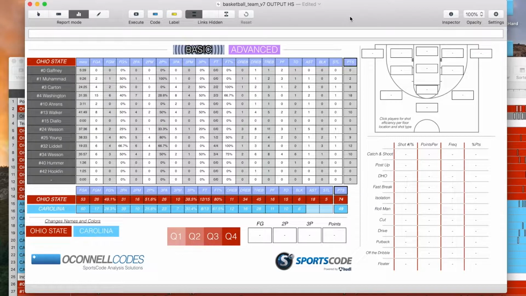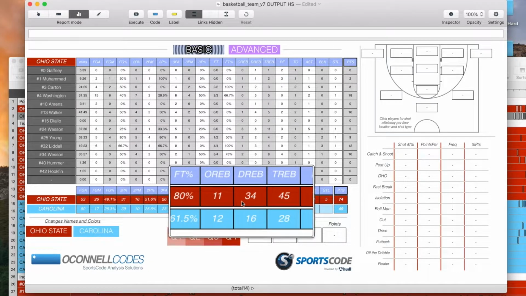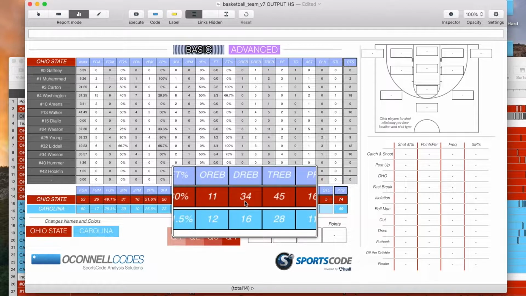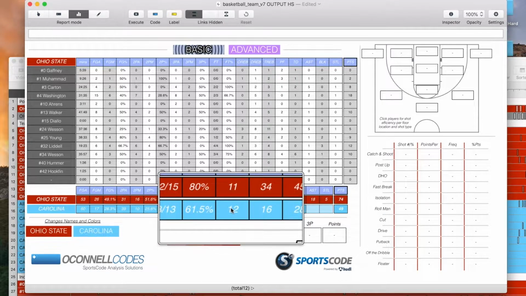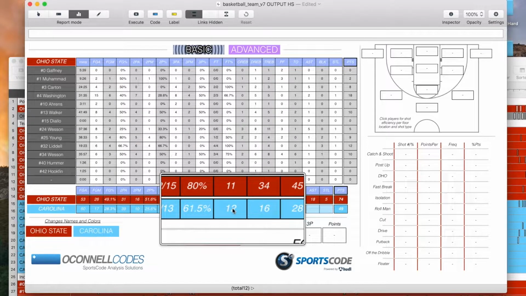So the first big point that I see from these stats is Ohio State's massive strength in defensive rebounding and general defensive strength around the rim. If we just look at the raw defensive rebounding stats, we can see that Ohio State out-rebounded North Carolina on their defensive end, 34 defensive rebounds to 12 Carolina offensive rebounds. Now, generally, you're going to get more defensive rebounds than offensive rebounds, but that's a 22 rebounding difference